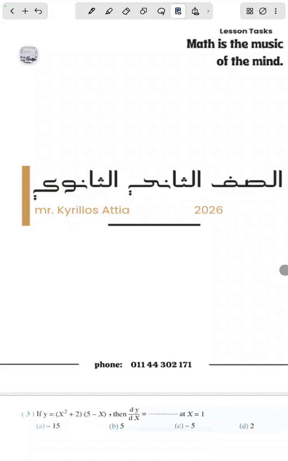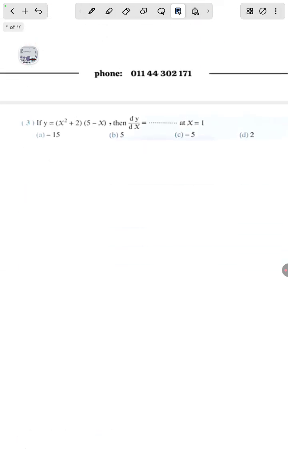Today we are going to solve some important questions in pure math. So let's get started. Firstly, if y equals x power 2 plus 2 times 5 minus x, then dy over